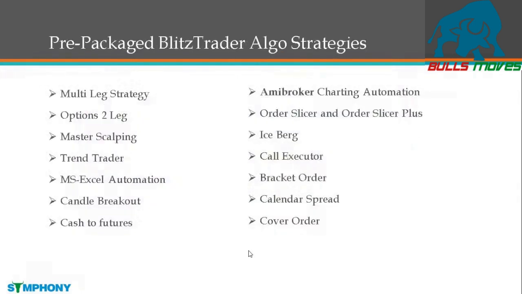So if you want to know more about the other strategies which are available on the 5paisa algo platform, these are the strategy names. Multi-leg, if you want to go for option strategies, so we have multi-leg strategy. It's also available. AMI broker charting tools are possible. Order slicer and some types of bracket order or calendar spread. These types of algos are also